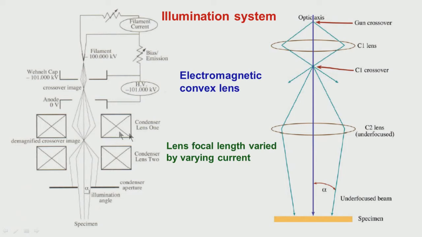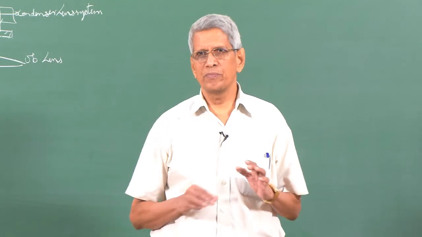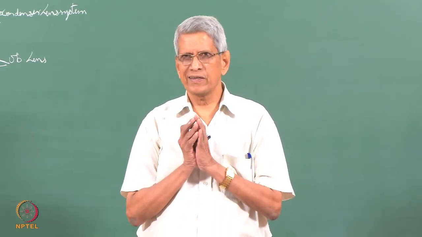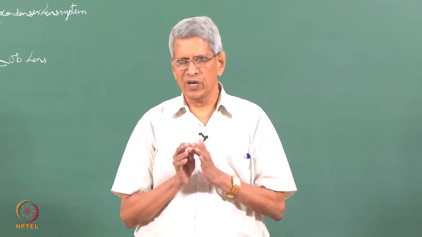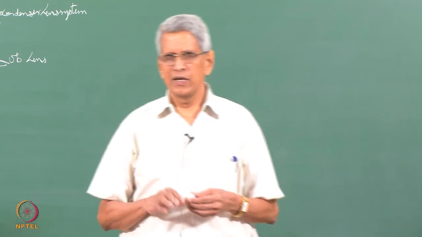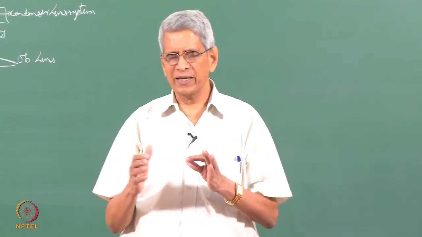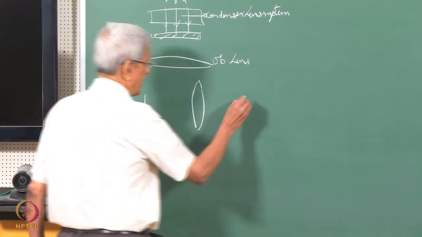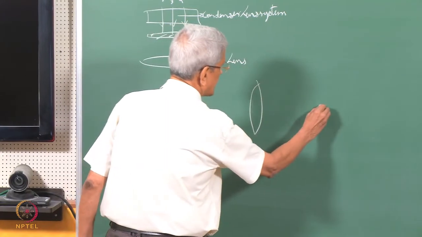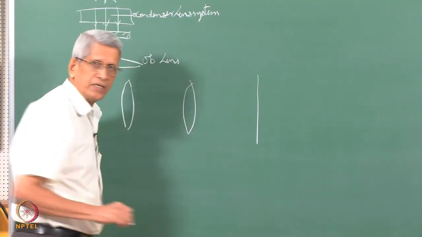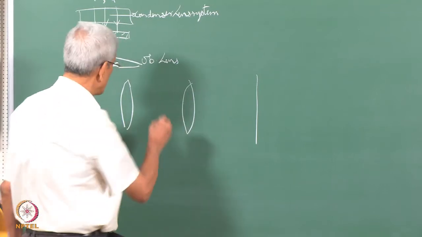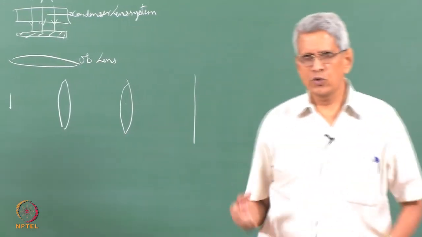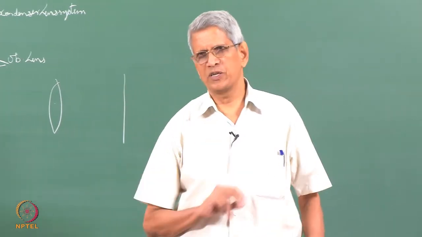Another important thing is that in an optical microscope we use lenses, but if you use a glass lens, the problem associated with it is that they come with a fixed focal length. So we can't change the focal length of the lens. If we use 2 lenses and want different magnification, suppose one lens is kept here with respect to an object and another lens is kept here, then we may get some magnification of that image. But suppose we want higher magnification, we may have to move the positions of these lenses, or choose lenses which have different focal lengths. These are the 2 options which we have.